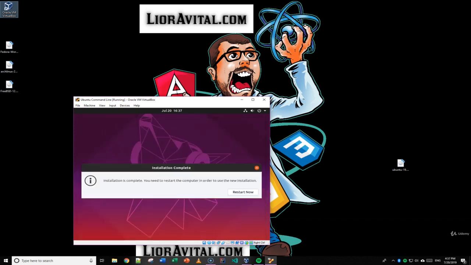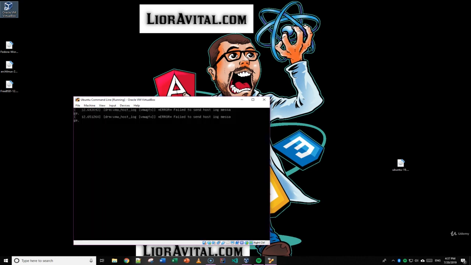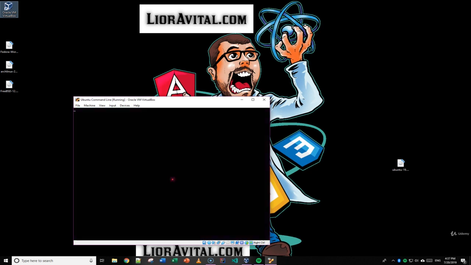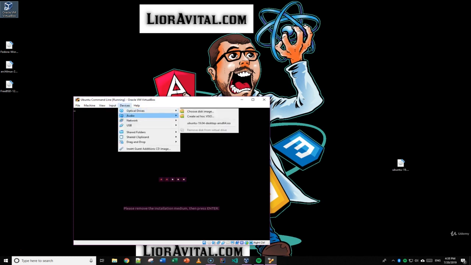Okay, now the installation is complete, so now I need to restart the virtual machine by pressing restart now, and it will start the VM again. This time it will boot from the virtual hard disk of this VM, and we won't install Ubuntu, we're just going to use it. So it's going to take a few seconds for the restart to perform, and it says please remove the installation medium. So I'll go to the optical drives,